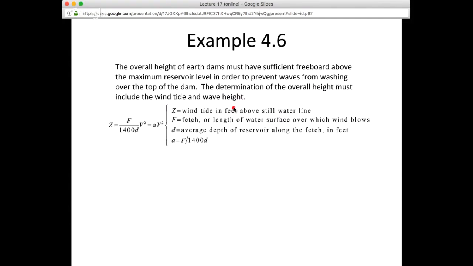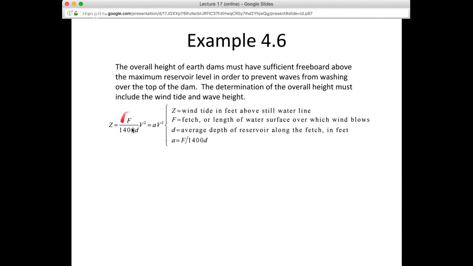So if you've ever been out on a boat during a windy day, you know that you get a lot of surface waves and a lot of chop associated with that. So anyway, there's this empirical relationship for determining the overall height that the dam has to be that factors in the wind tide and the wave height. And basically that overall height Z, which is going to be the wind tide essentially in feet above the still water line, so this is the elevation that your dam is going to have to be at least this high to deal with the wind tide,